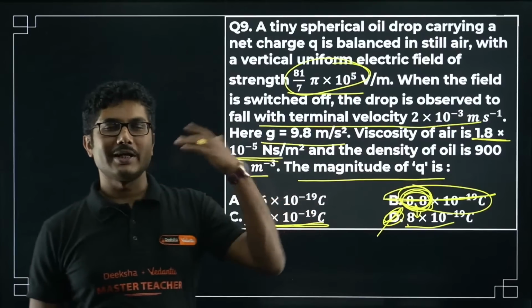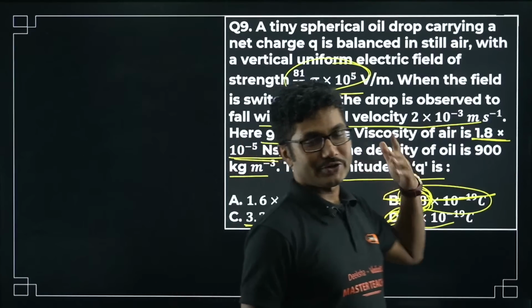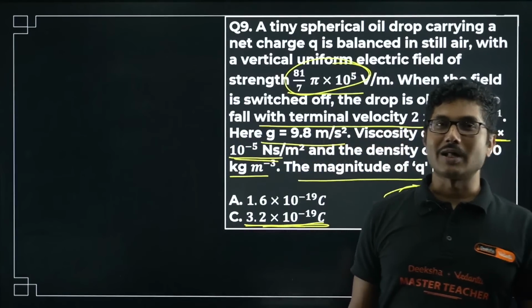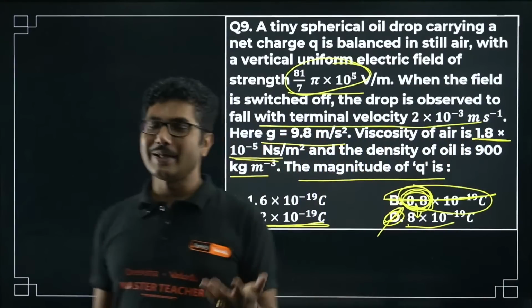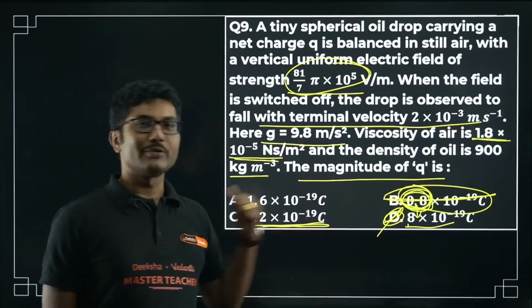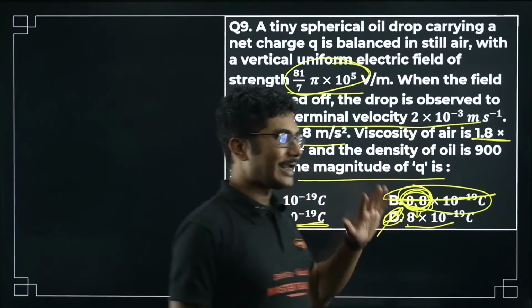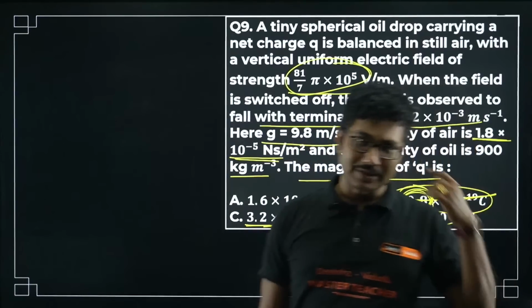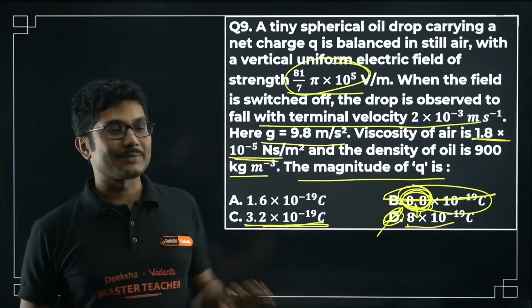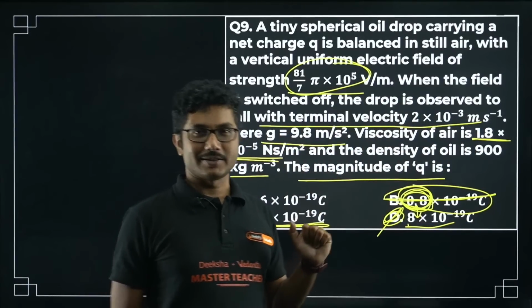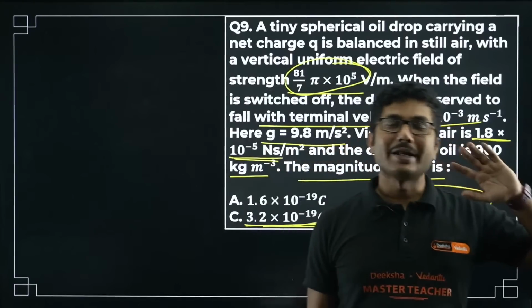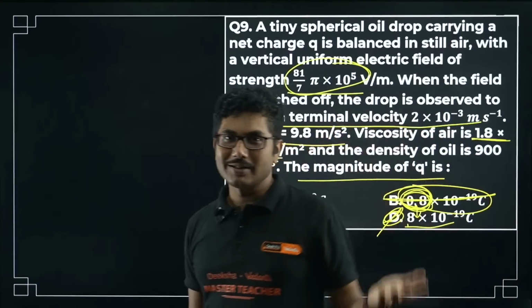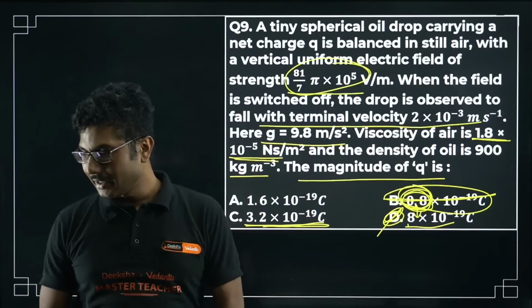This is just to tell you how you can guess in case the question is very difficult and still you want to answer it correctly. There is a way to guess the answer. This is the correct way to guess the answer. That is why I have solved this question 2-3 times in previous videos as well, but I have never explained the logic of guessing the answer. So this is how you can guess in KCET. Obviously there is no negative marking. You can guess the answer in case you